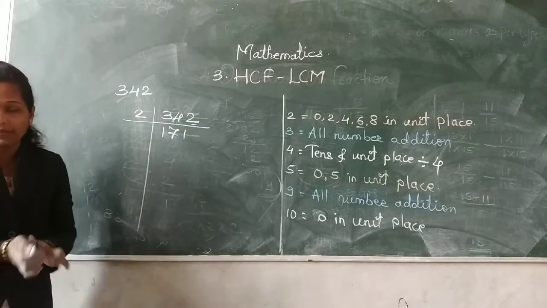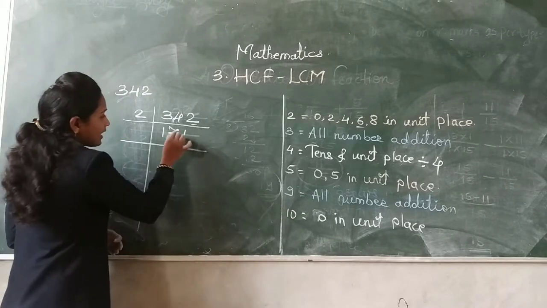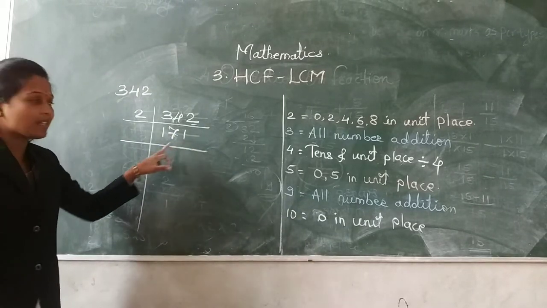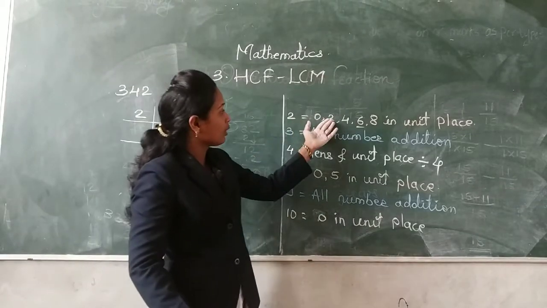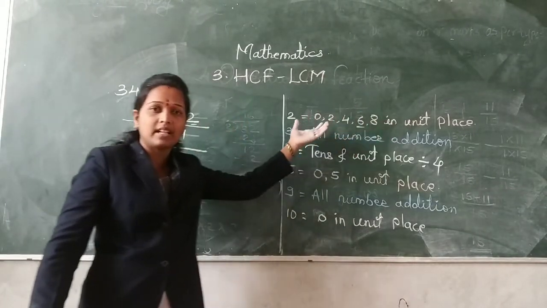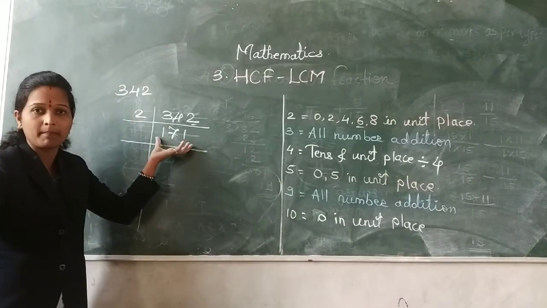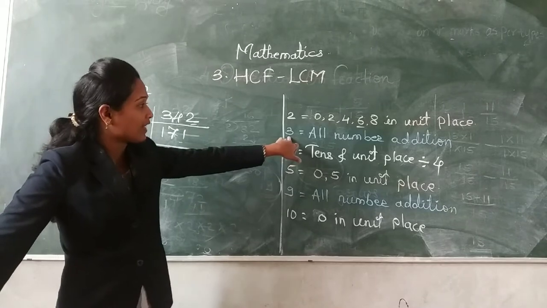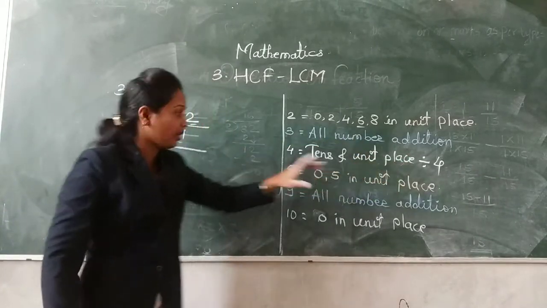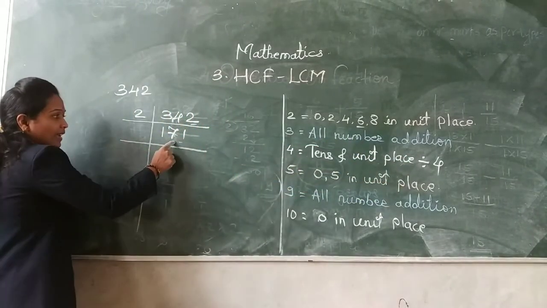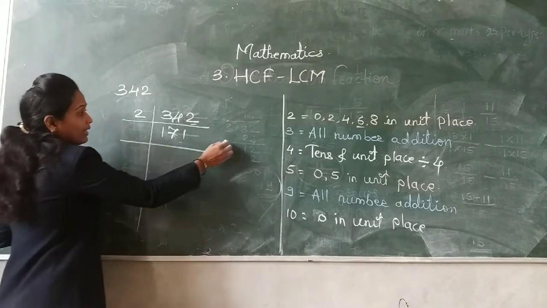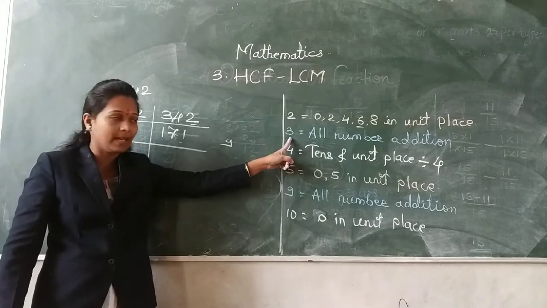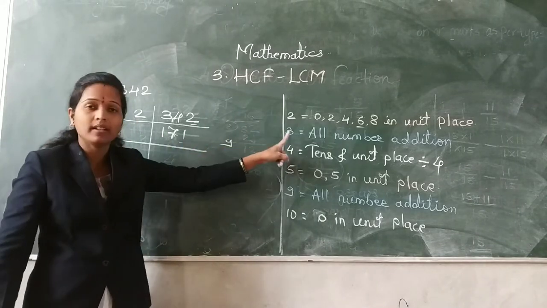Okay. Next number, if you observe, is 171. So what can we do, teacher, in this situation? The unit place 1 is there, and 2, 0, 2, 4, 6, 8 are the divisible endings, so we can't divide by 2. So how can we divide this number? Forget the test of 2. Now take the test of 3, that is the addition of all digits. Do the addition here: 7 plus 1 is 8, 8 plus 1 is 9. Our addition is 9. It means 9 occurs in the table of 3, so we can divide this number by 3.